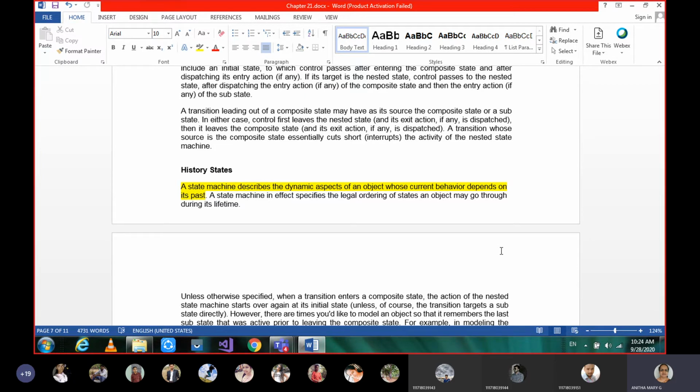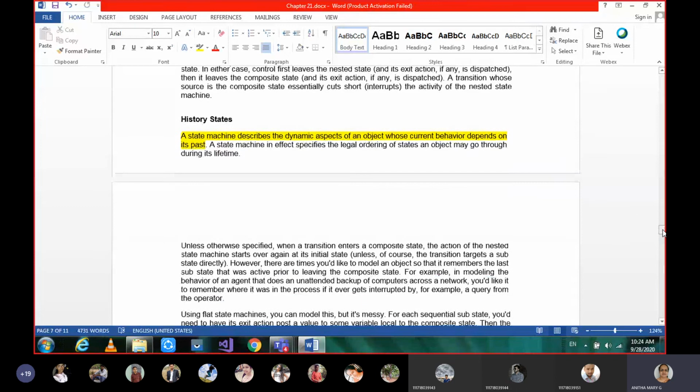They are going to check your history. If you are a good customer, paying on time and all, they will readily give the second card. But if you are a card defaulter or not paying, then with those details, that is what we call the history state. It depends on its past.